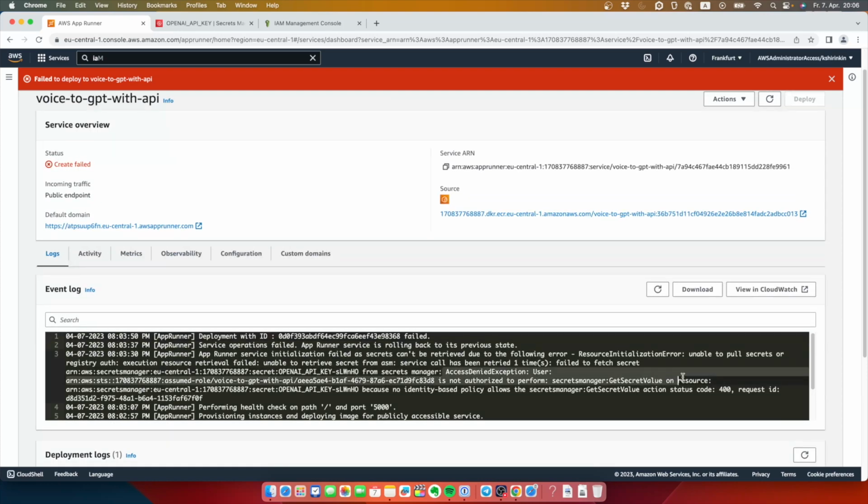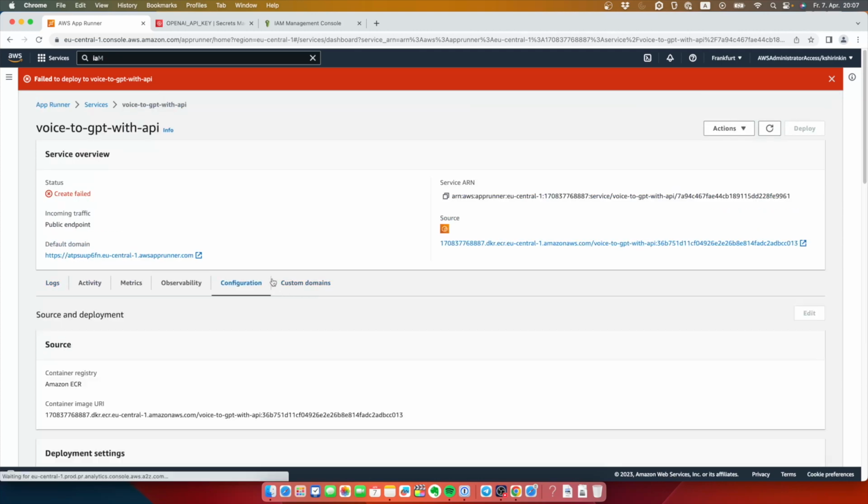That leads us to learning two more issues with AppRunner. First, it did not try to make our lives easier and anyhow hint us that we need to adjust our IAM role to set this policy. So we went through this kind of user-friendly UI and it never gave us any hint that we need to adjust the role. Second, we cannot simply modify the configuration of this service if it failed the initial deployment. We have to delete it and recreate from scratch. Yes. So I guess let's do everything from the beginning.